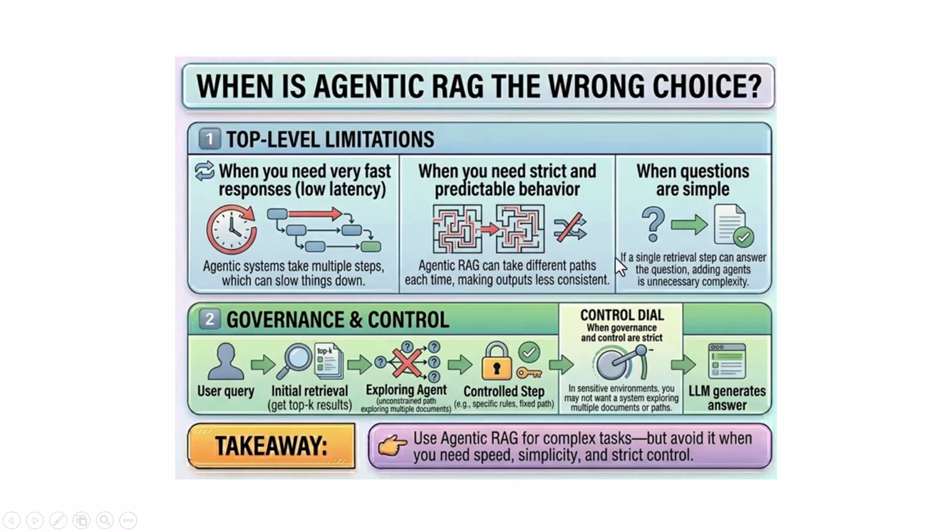Okay, the other scenario where Agentic RAG is the wrong choice is when questions are simple, because if a single retrieval step can answer the question, adding agents is unnecessary complexity, right? Also, it is the wrong choice when governance and control are strict, because in sensitive environments, you may not want a system exploring multiple documents or paths, right? So the takeaway is use Agentic RAG for complex tasks, but avoid it when you need speed, simplicity, and strict